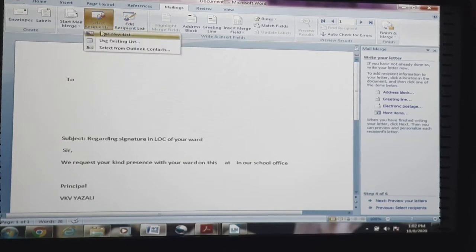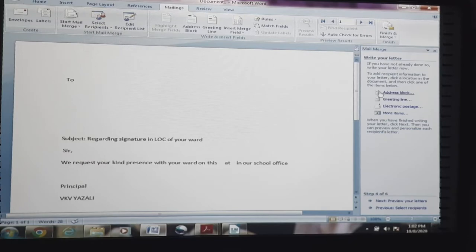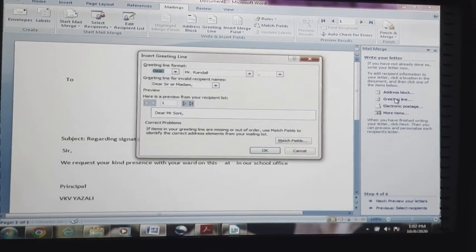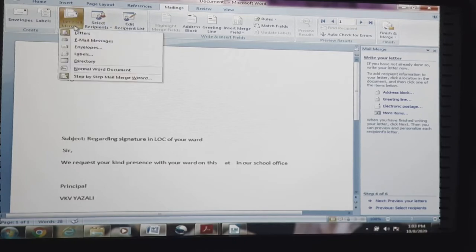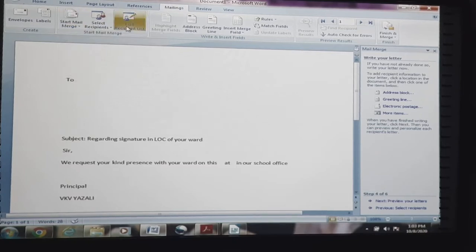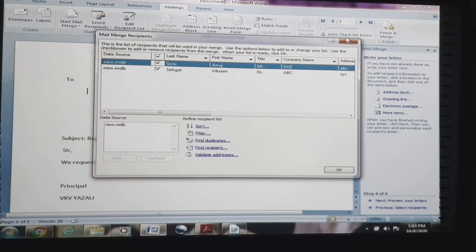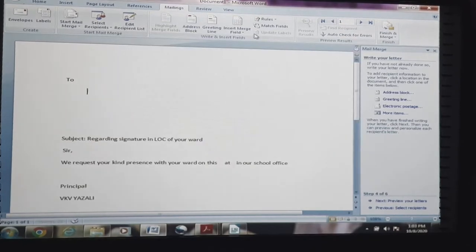Select recipient list. Here first greeting line. Okay. Here insert merge field.